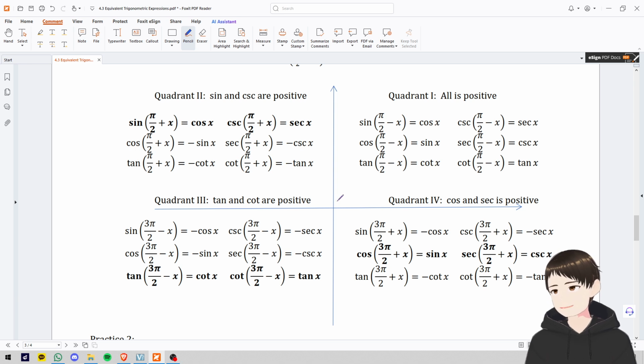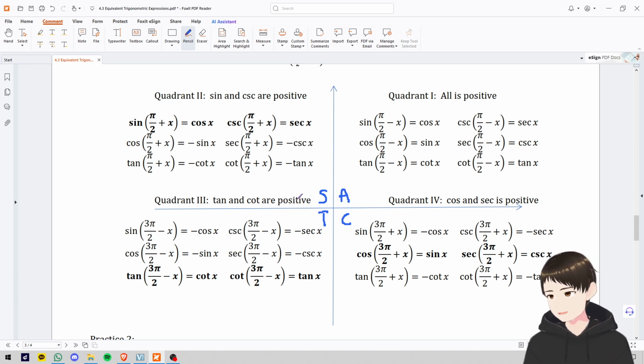If we were dealing with the normal CAST rule, C-A-S-T, all of these are positive, yes. Only the sine ratio remained positive when we wrote an equivalent expression for the CAST rule. Here, only tangent remained positive when I wrote an equivalent tangent, and only cosine remained positive when I wrote an equivalent cosine. The rules for correlated ratios, or equivalent trigonometric ratios using correlated angles, are as follows. If the question is